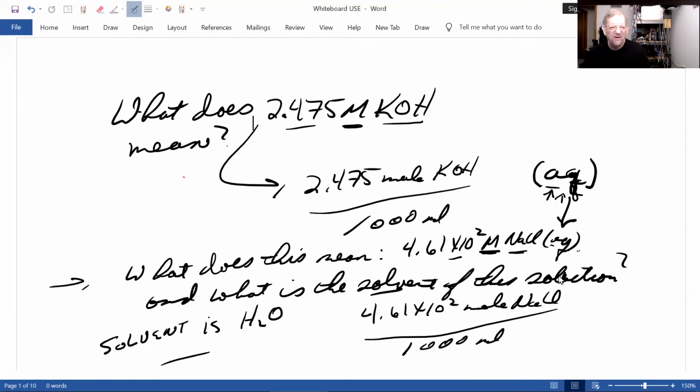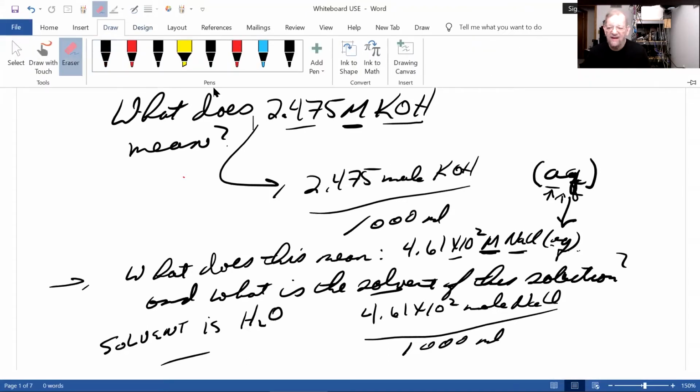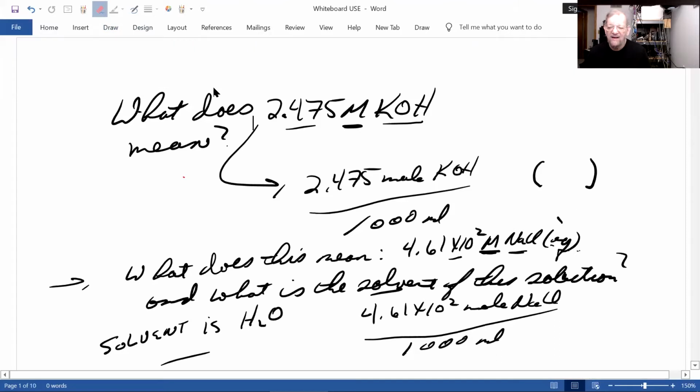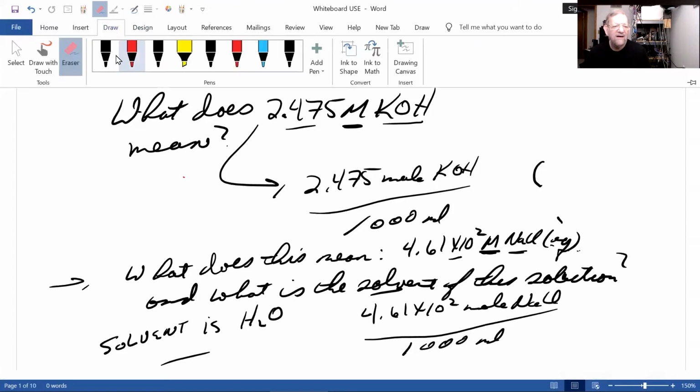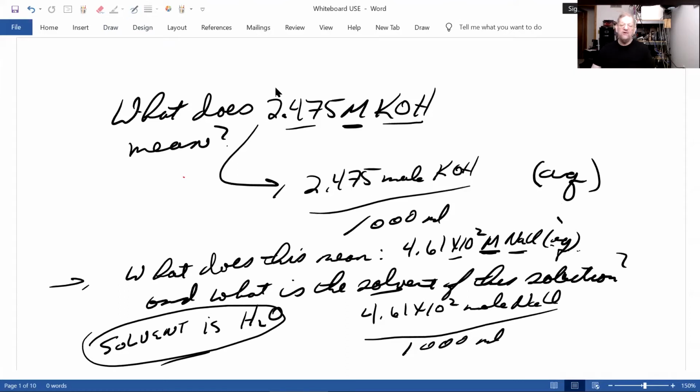Let me, hold on. Instant replay. There, that looks better. My first grade writing teacher would be happy now. AQ, aqueous. When you see that in a bracket, that tells you the solvent is water. Thank you. Aqueous solution. Now, non-aqueous, the solvent is not water, but I've never put that on a test. Oh, did I just give that away? Bad, Dr. White.